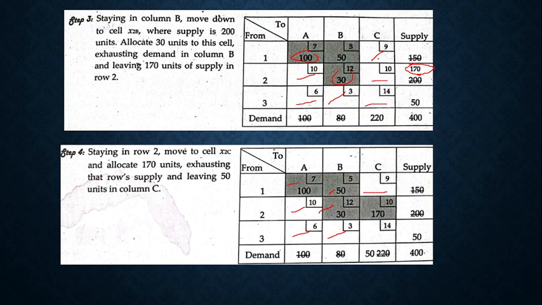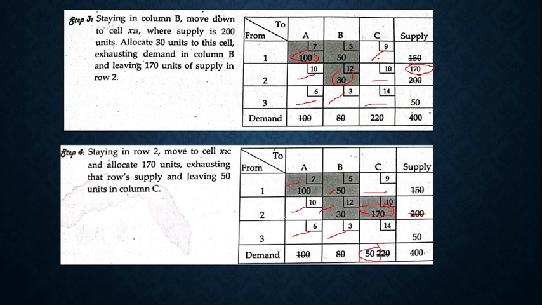So, bakit 170 units? Di ba merong remaining si warehouse 2 na 170 units. So, i-move mo lang yun, class, yung 170. So, 170 minus 170, 0 na lang, di ba? Move dito sa X sub 2C. And then, so, wala na, di ba? So, 220. Yung 220 minus ng 170. Di ba? So, bawas na. 220 minus 170 is equal to 50. So, yung remaining na lang is 50.